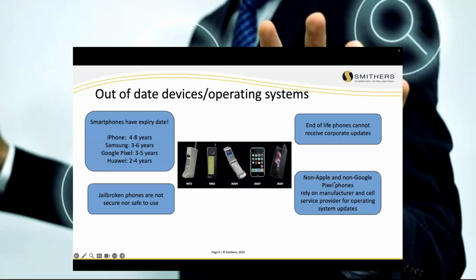This is interesting. Non-Apple and non-Google phones, Google Pixels. And this is what I talked about earlier. If you have a Samsung or Huawei or any one of the other smartphone makers out there, not the service, but the actual device. If it's not an Apple or Google Pixel, there's two problems with getting updates. One is the predominance of the updates rely on the manufacturer of the phone, whether it's Samsung, Huawei, LG, whatever. It relies on the manufacturer.